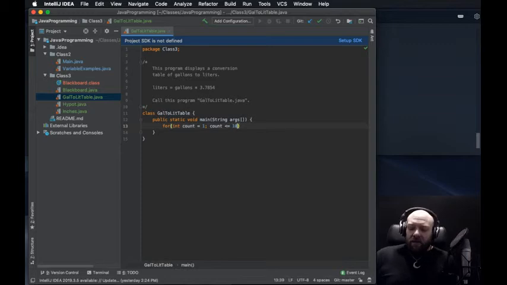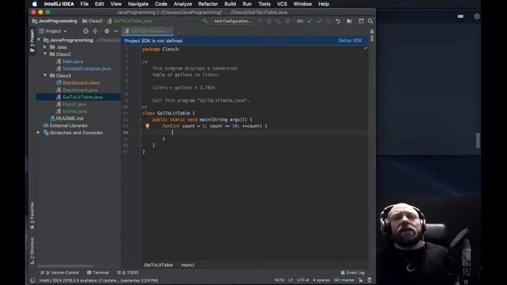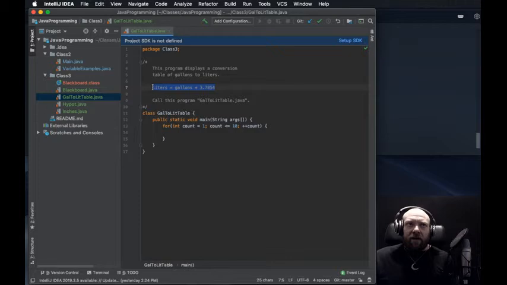Okay. And then we're going to set our increment, which is count plus plus. I could also do count plus equals 1, or count equals count plus 1, any of those variations. Okay, now we have a body. Now the interesting thing here is we're counting from 1 to 10, but we can also use the count variable as our gallon count, right? So if you take this here and you put it in here,